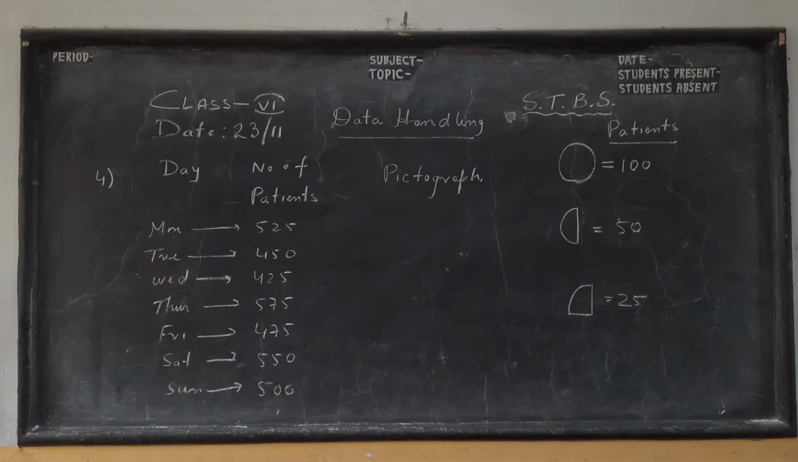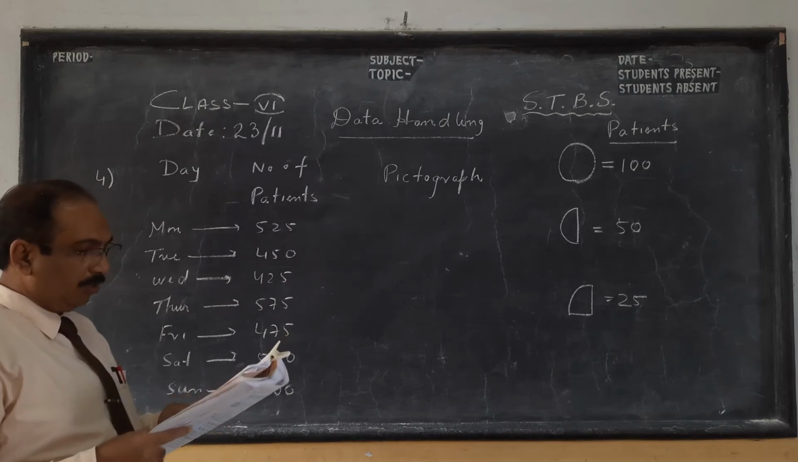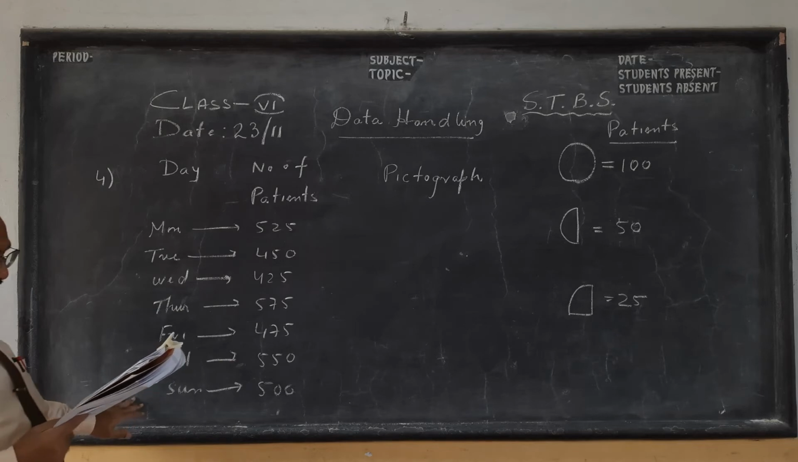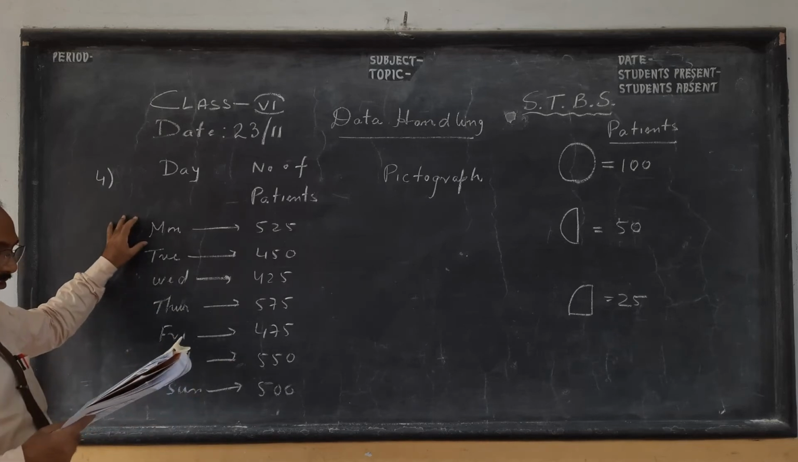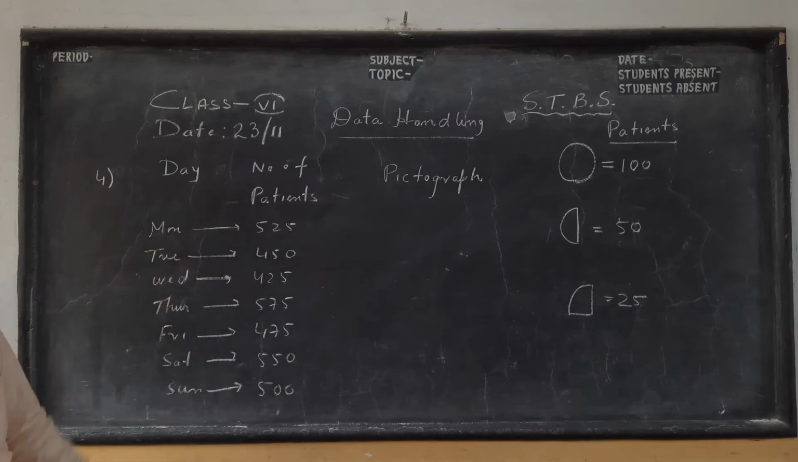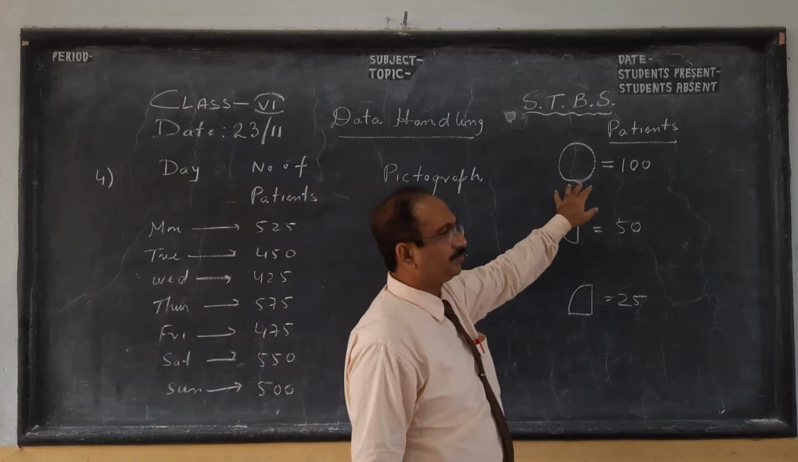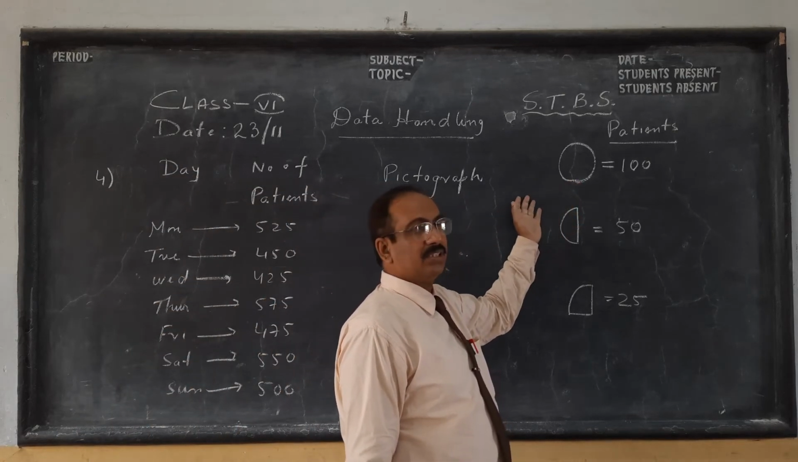So next we move on to question number 4, and here we see how we draw a pictograph of patients. So here the question says, if you see, the total number of patients in a hospital on all days of the week. So if we have Monday to Sunday, on Monday 525 patients come to the hospital, okay, on Tuesday 450 patients. So here what we do, children, one circle, okay, like I did in the previous diagram,